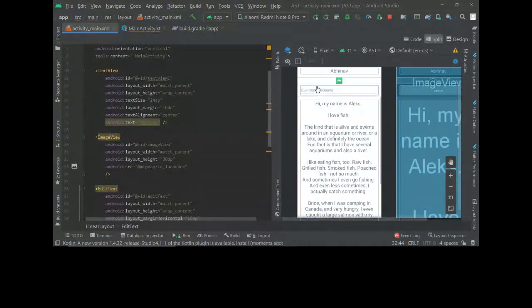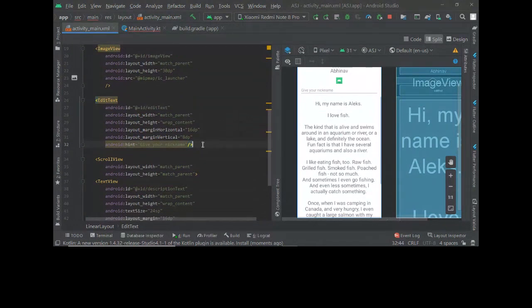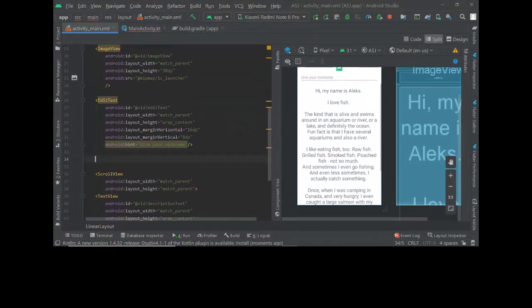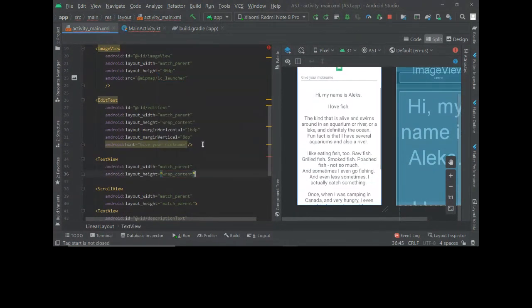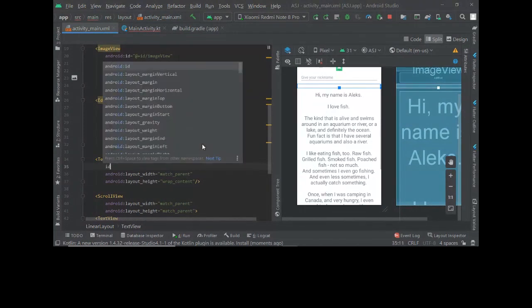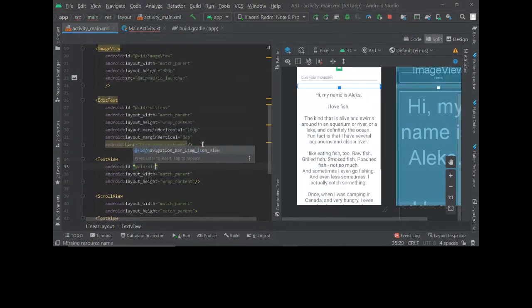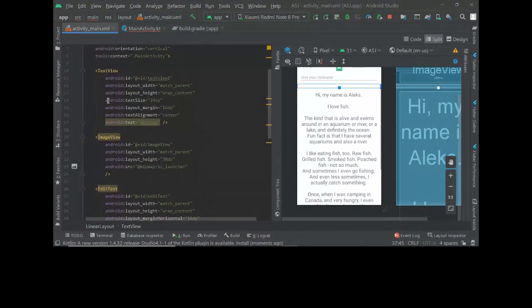So first, we'll add something to display this text as well. Display the nickname. Text view. Let's wrap content. ID. Name, text. Like copy some of the style used.